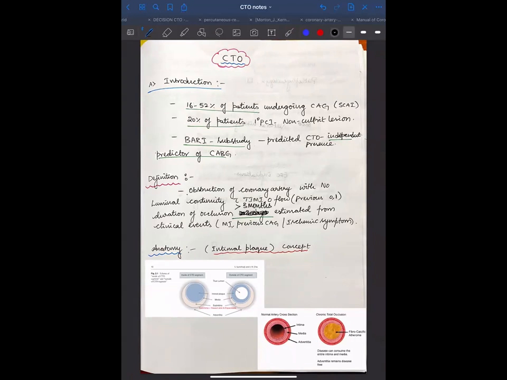Because I remember reading in CTO that the only favorable thing is if the duration is less than 3 months. Yes, less than 3 months is a favorable thing, but the definition is 3 months. Otherwise it wouldn't become a CTO, and they would not have put it under CTO. No, it's nothing like that. Recent occlusion is a favorable factor. Don't confuse. It is 3 months. Just remember it like that. It's my mistake. I'll correct that before putting it.